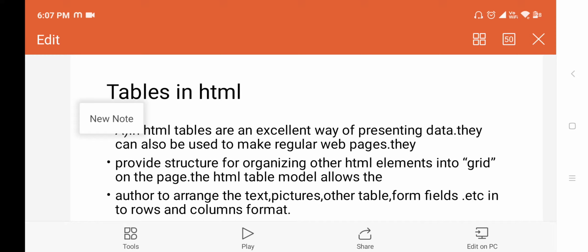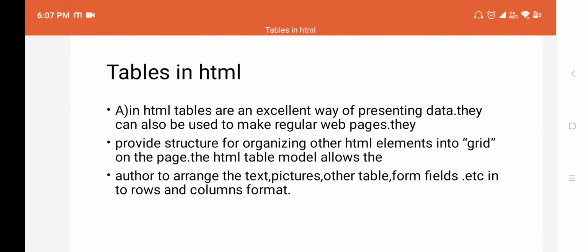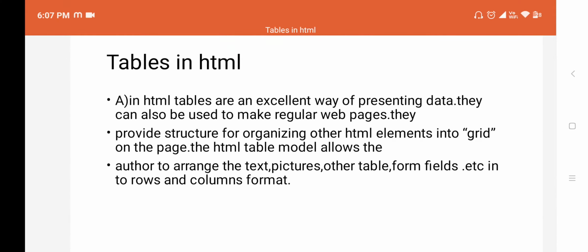Today, I am going to explain to you about tables in HTML. This is very important from the exam point of view, and most of the time we get this question in the essay only. This is very easy, and here we have only 5 elements. I will explain those 5 elements in detail, and I will also give you the practical part of how to write a program using those 5 elements.